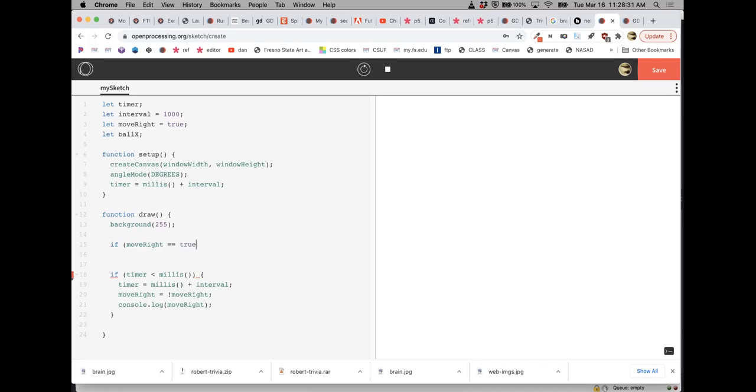I'm going to show you a shortcut here. You don't have to necessarily say move right equals true. If you just put the word move right, it means the same thing. So I'm just going to say if move right. So if it's moving right,